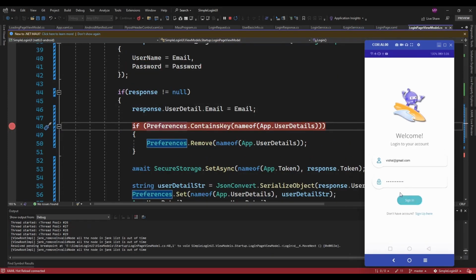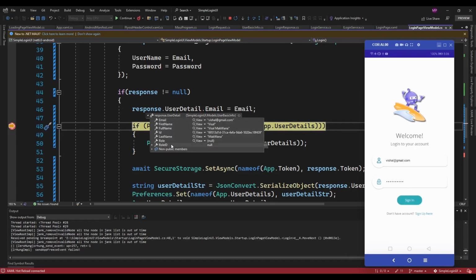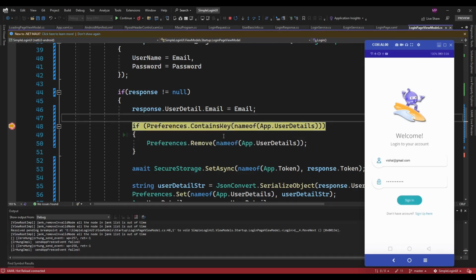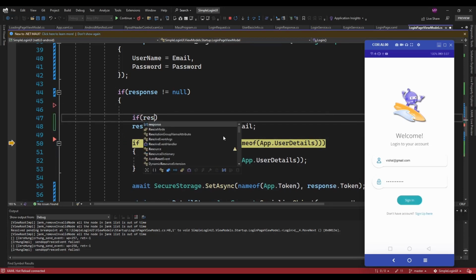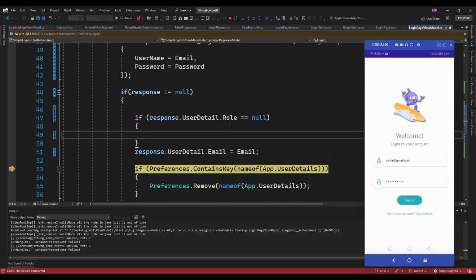Okay, so here in the response, the role and role ID are empty because I created a user but I didn't assign any role to that user. Because of that it's showing me that error. So let's add some validation here, and then I'm just going to show an error like